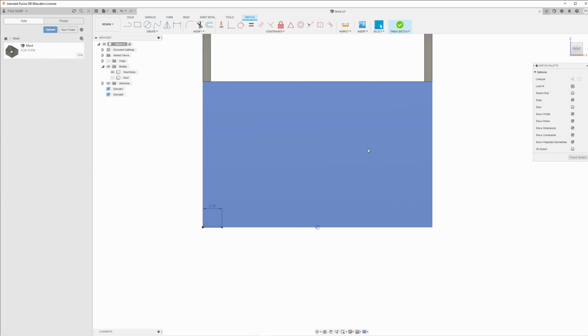Another thing that you can always do with these lines, if you don't want it to be an actual line, you can click on this construction line, and it turns it into a construction line. It won't actually show up in your final save or anything like that. There's no reason to, since we just delete them anyways, but that's always an option. Okay,